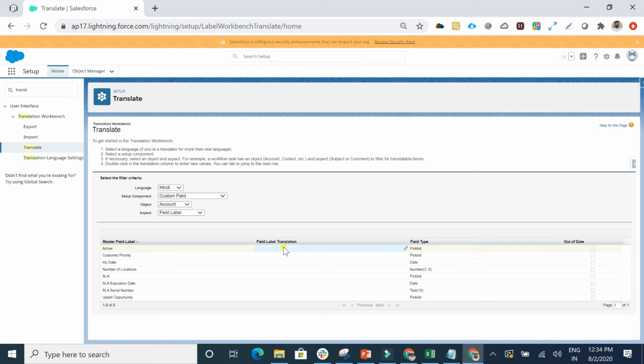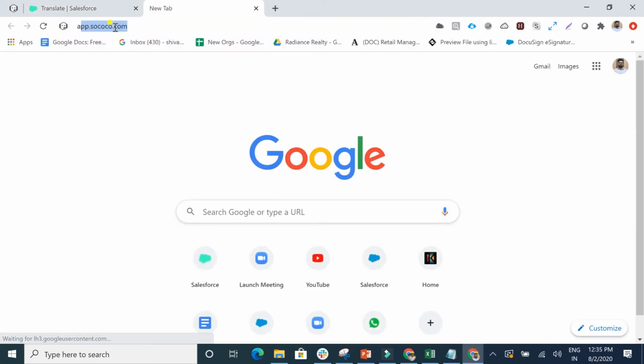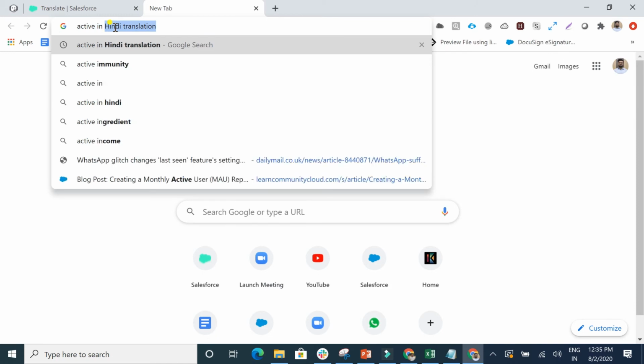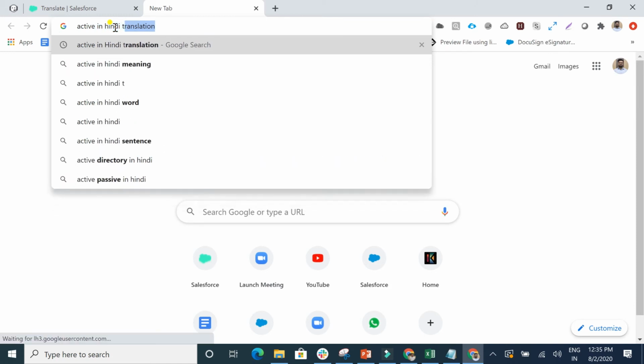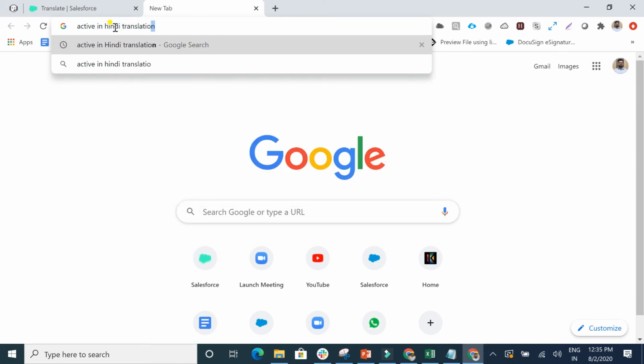What I can do there, what I have to translate in Hindi, right? So what I am doing here, double clicking on this field label, copy pasting this, let's say I'll be going to Google, active in Hindi translation.